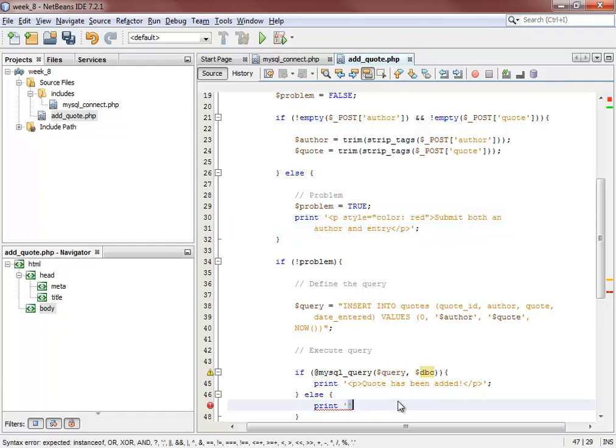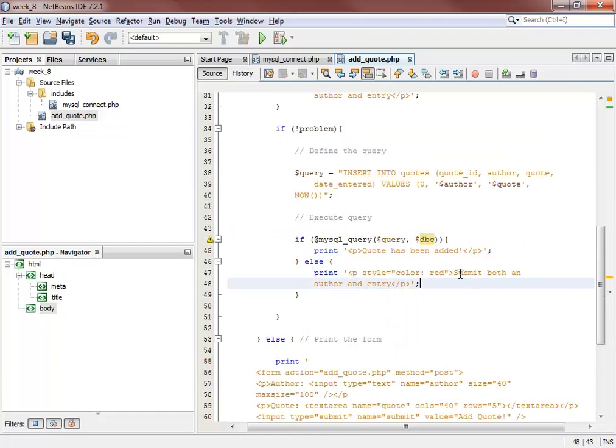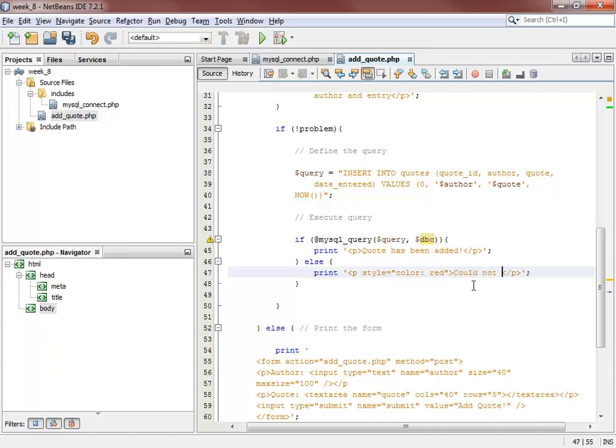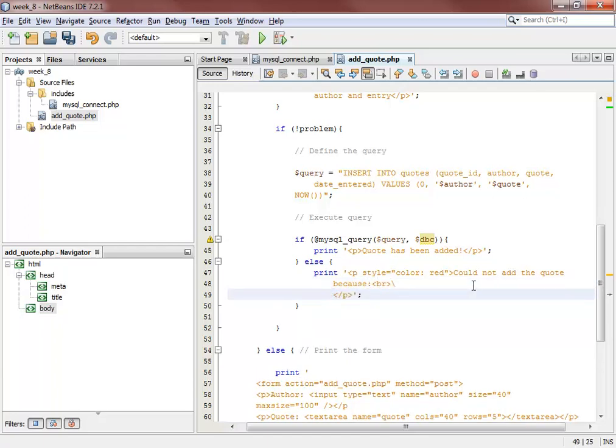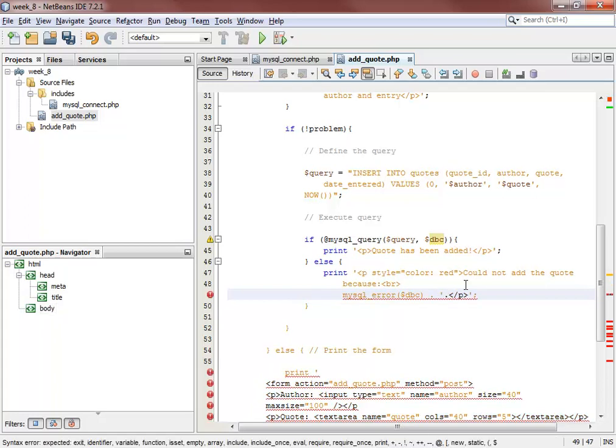I'm just going to copy this error message from before, paste it. And for my description, I'm just going to say could not add the quote because colon, give myself a line break, and then on the next line down I'm going to print out the error message. And this is what you say: MySQL error, whatever we're getting back from the database connection, and then